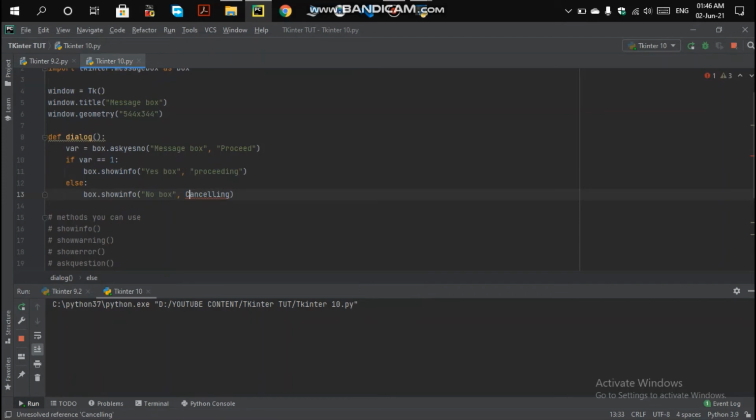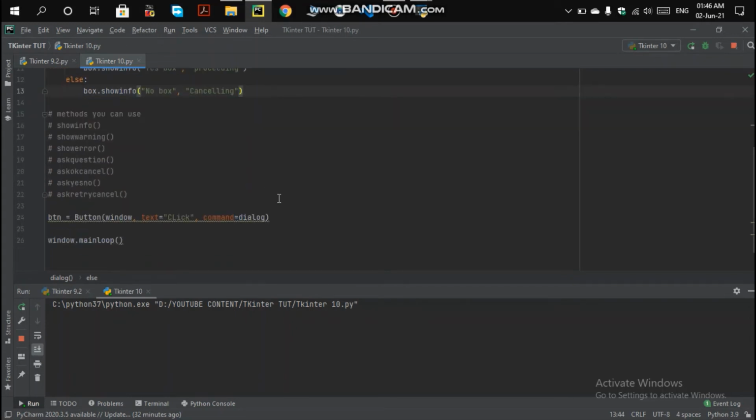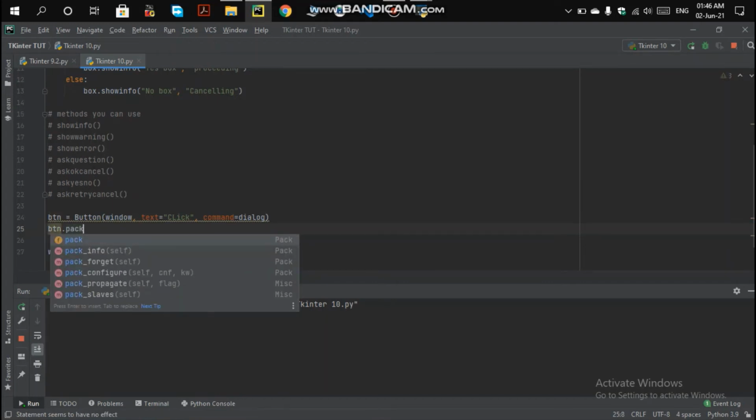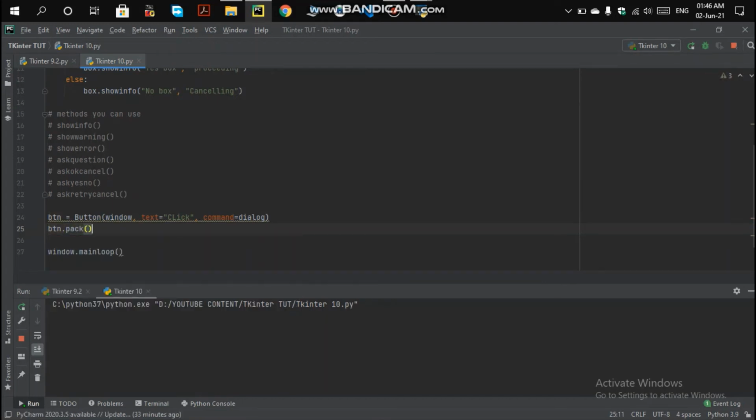I did the same mistake again, sorry for that. So basically this thing happened, and this will not run. Do you know why this will not run here? Because we had not packed the button here. So let me pack the button again, like btn dot pack, with the padx and pady arguments that I already told you about.